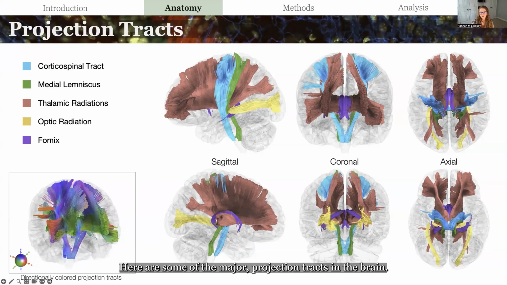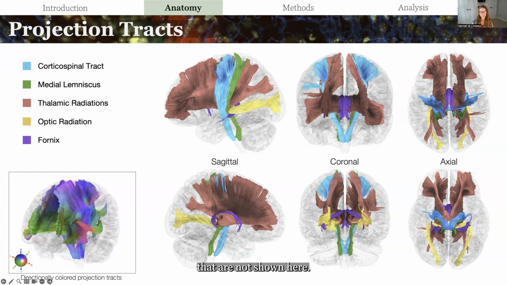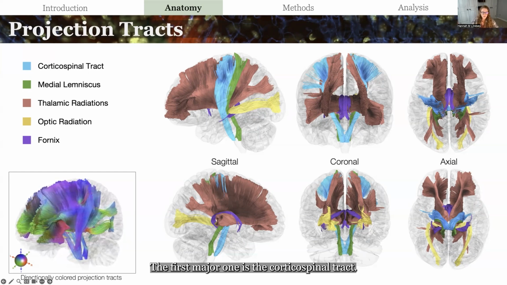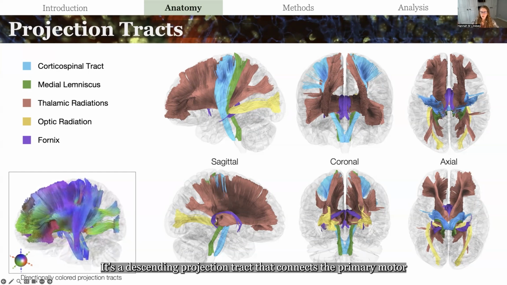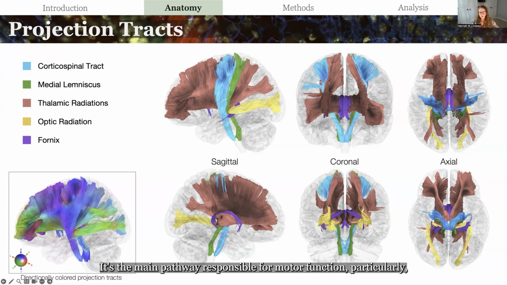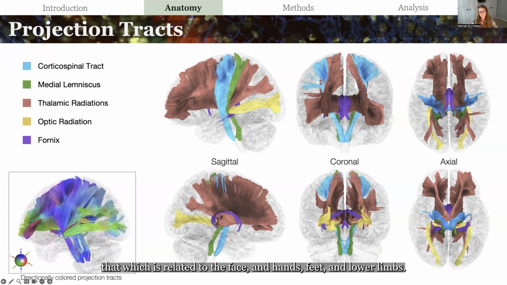Here are some of the major projection tracts in the brain. There are others, including several components of the internal capsule that are not shown here. The first major one is the corticospinal tract. It's a descending projection tract that connects the primary motor cortex to the midbrain and spinal cord through the internal capsule. It's the main pathway responsible for motor function, particularly that which is related to the face and hands, feet,